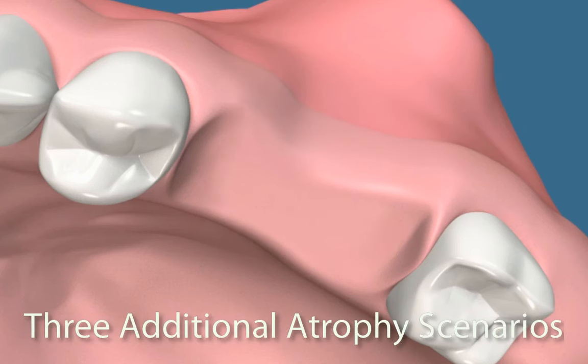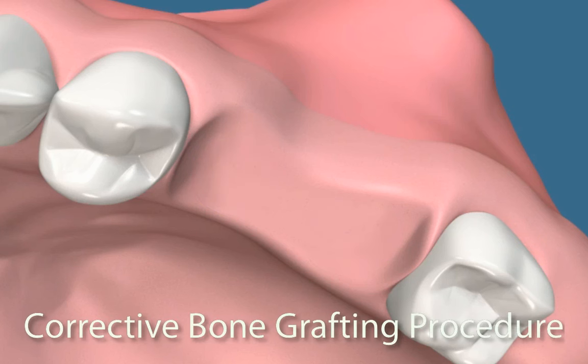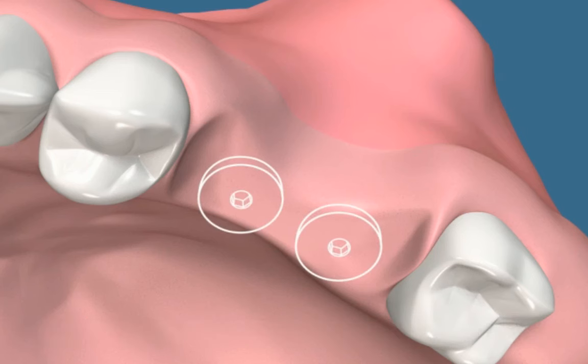With further delay will come greater bone loss, resulting in only very narrow diameter implants being placed in the remaining bone. They will experience more trauma and provide less bite support. Severe atrophy levels mean implants cannot be placed without the patient undergoing bone enhancement procedures first. So we see how the